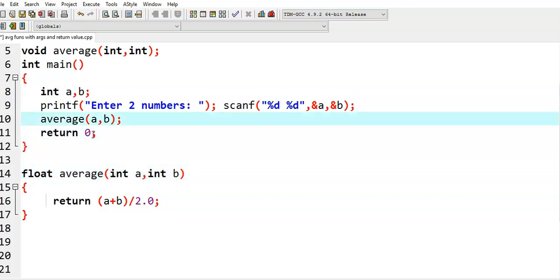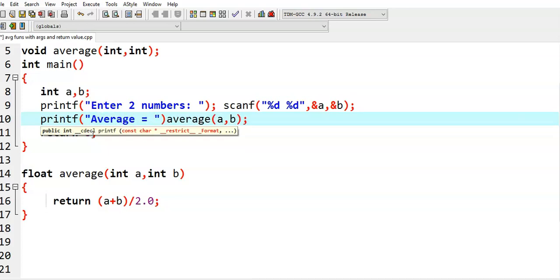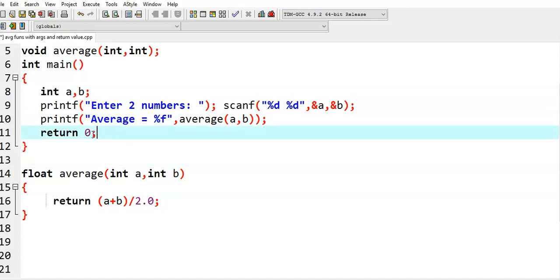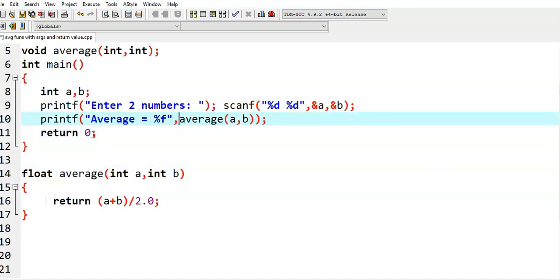Then in the main function, as this particular place is calling the average function, it will also get the resultant average value. Then we need to declare a variable here, or we can directly write it in the printf function. printf("average value is equal to %f"). Then what is the argument here? We are passing the argument average of A comma B to the printf function. That means instead of taking another variable, we are directly writing the function call average of A comma B